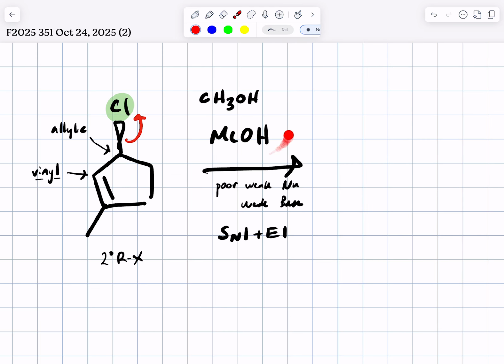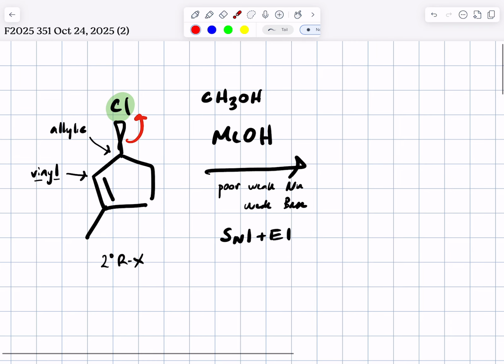Here is a nucleophile, MeOH, methanol. Hopefully you're okay with abbreviating CH3 as Me. We tend to do that in OChem, and it's fine. You can write out CH3 if you want to. You can use Me as an abbreviation. It's fine. If you were to look at this, you would say methanol is a weak nucleophile and a weak